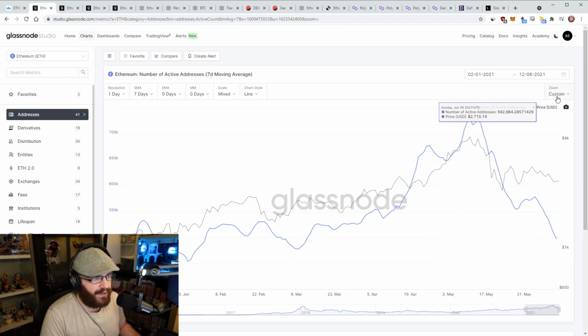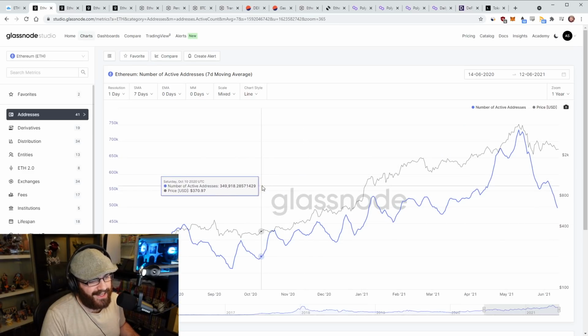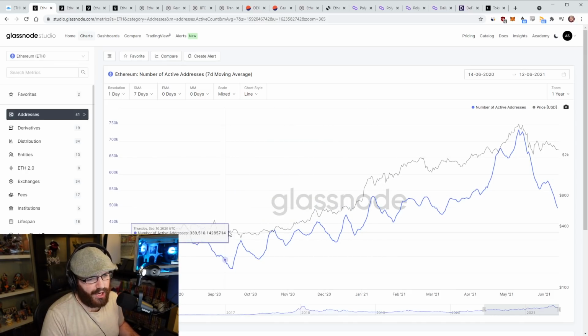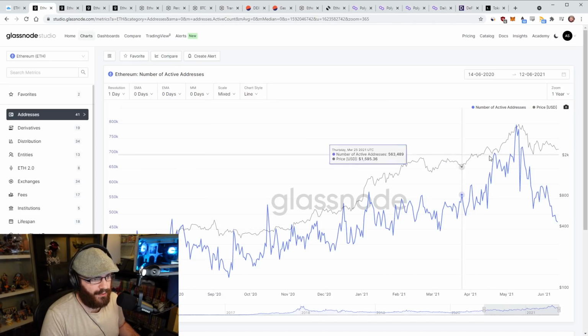Even if we zoom out maybe a year, it's kind of hard to say, right? Because here you have a bunch of ups and downs, while the price was just trending up steadily. And it depends what moving average you use as well. If you use a short one, it becomes even more noisy. So I don't think this is an indicator that you can use for trading,